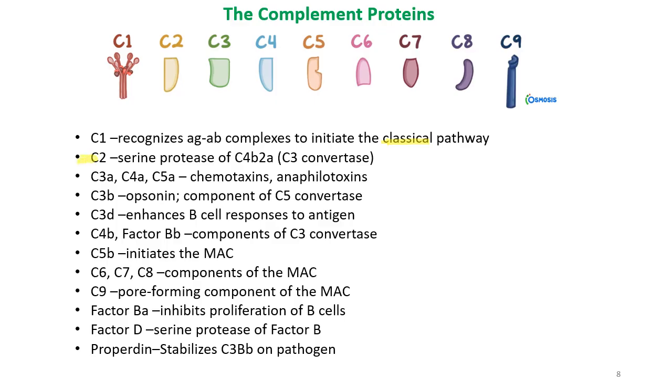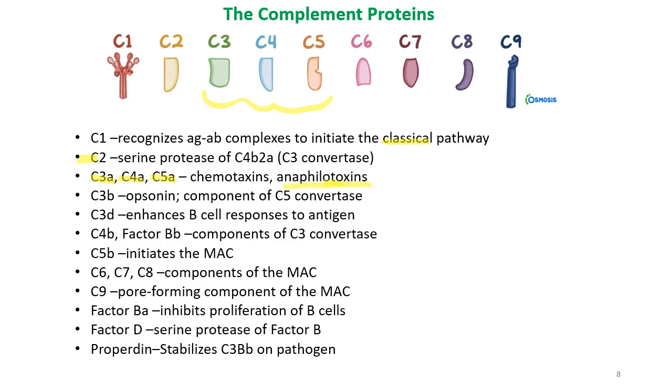C2 is important for making the C3 convertase in the other two pathways, okay? Then you're going to have here C3a, C4a, and C5a, and those are the pieces that fly away, right? 3, 4, 5. The pieces that fly away and do not bind to the surface, okay? When those pieces are flying away, they are not really flying too far. They are flying away close by because they have to do some very important activation processes, like